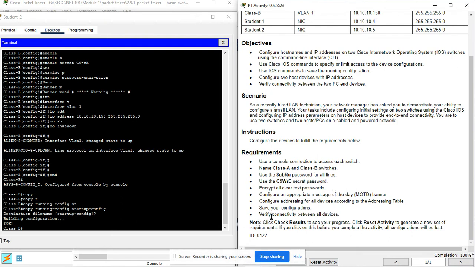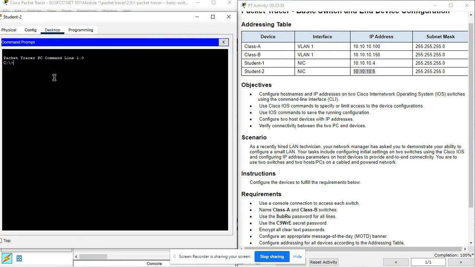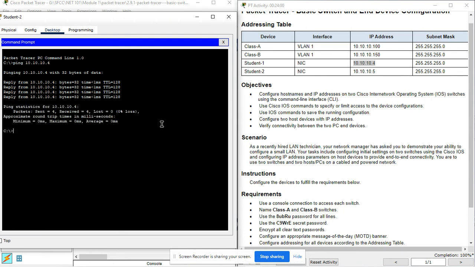And the last thing is to verify connectivity between all devices. We can do this by pinging student 2 from student 1. Let's go now to the command prompt, to the ping command, paste the IP address of student 2. Oh, we are in student 2. Student 1. As you can see, everything looks good and we have a